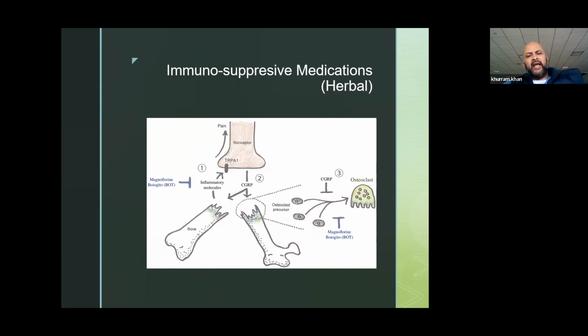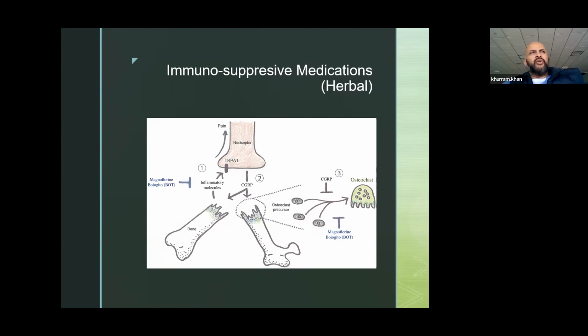So to break this cycle, we have certain checkpoints, and one is TRPA, TRP, which is transient receptor potential, and